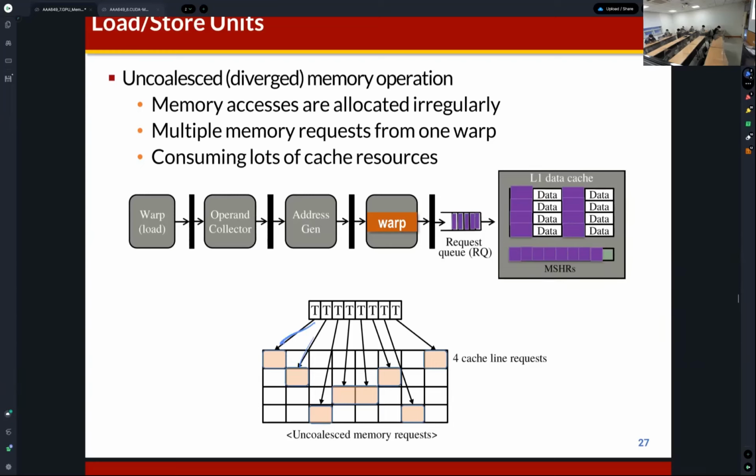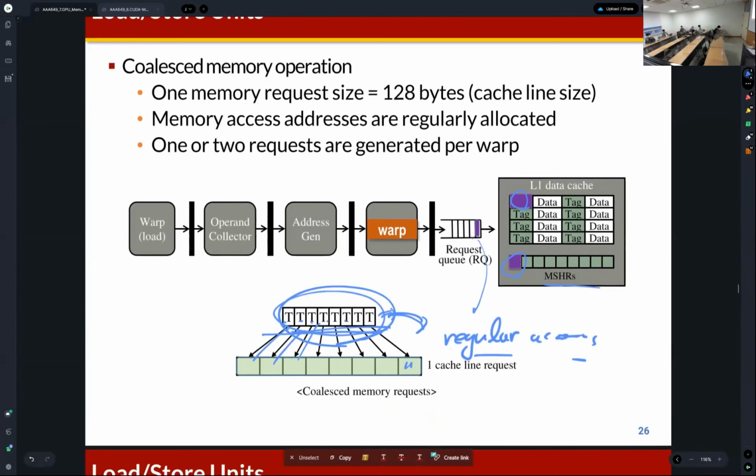As you can see, this is one graph, and from the single graph, multiple threads access different memory addresses, so different cache line spaces. In this example, the memory requests are regularly assigned, then these 8 threads will generate